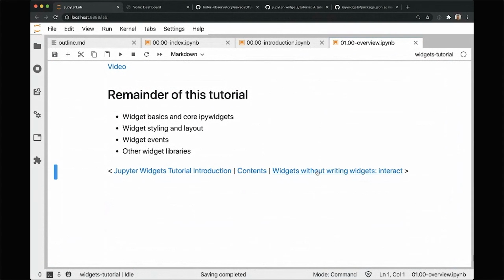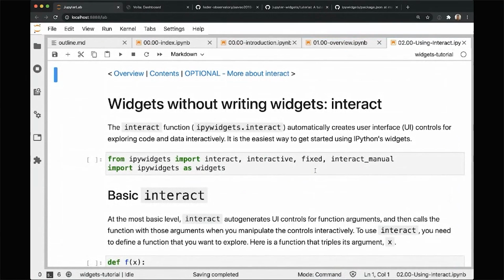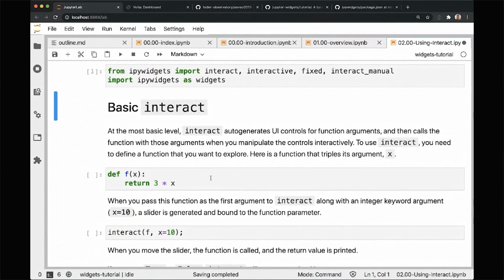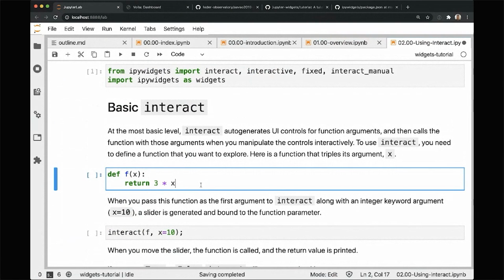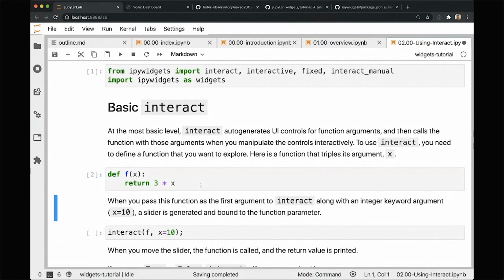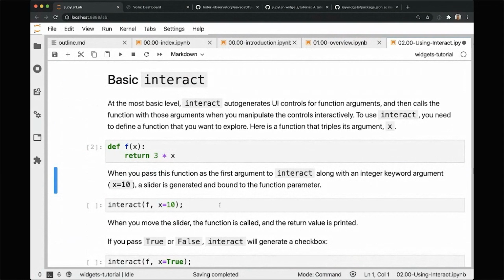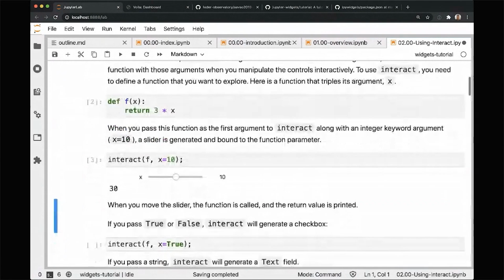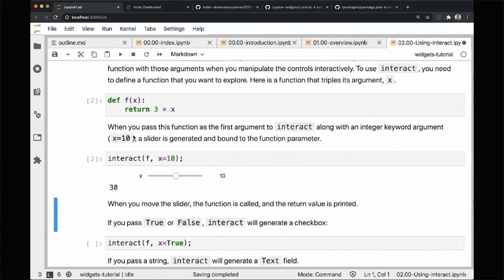So we're going to talk a little bit more about interact. And this should answer the question from earlier about can you do more than sliders in interact? And the answer is yes. I'm going to work with a different function, one that takes your input and multiplies it by 3. And if I give an initial or default value for the function argument, based on what value I pass in,